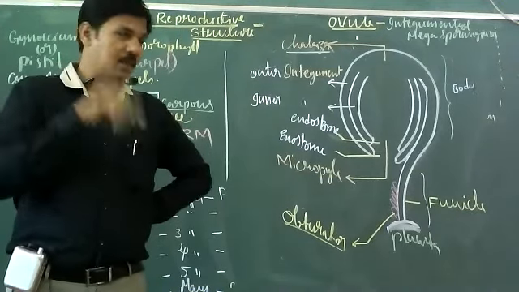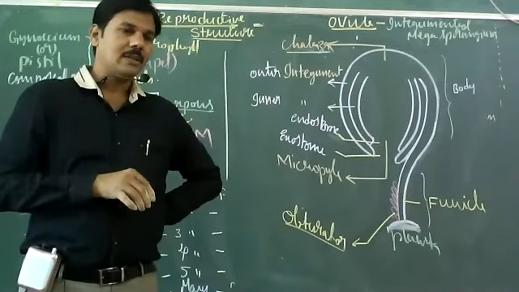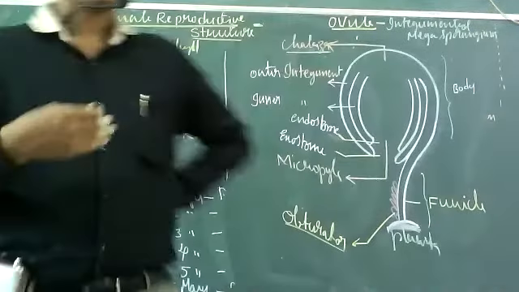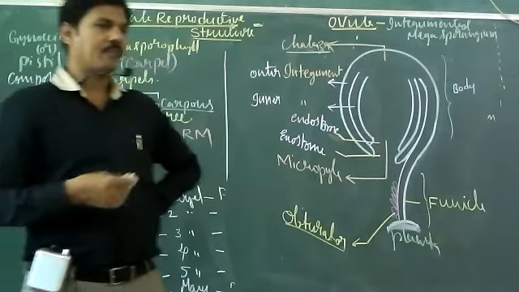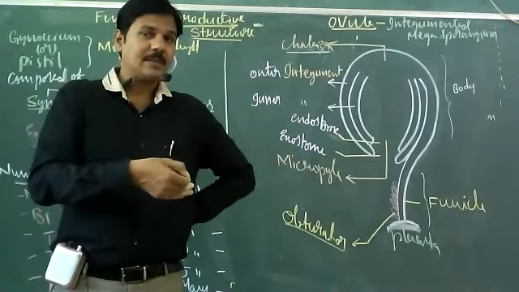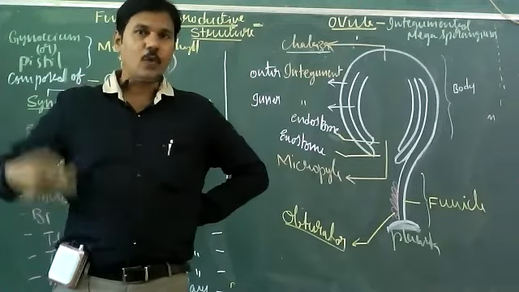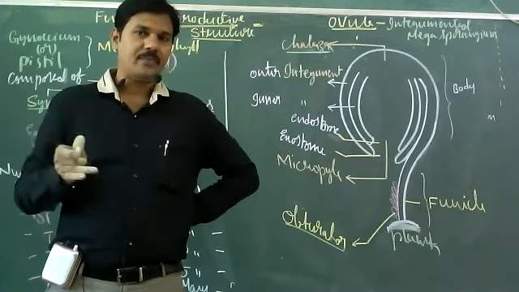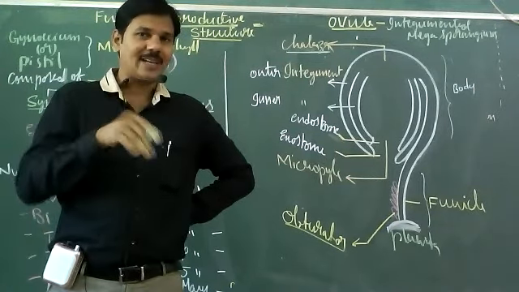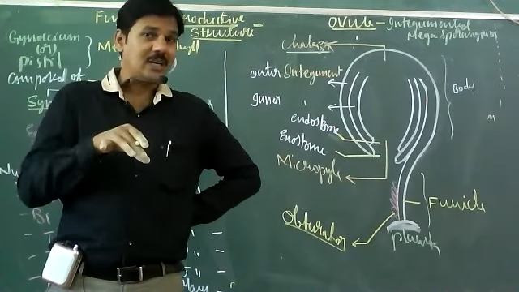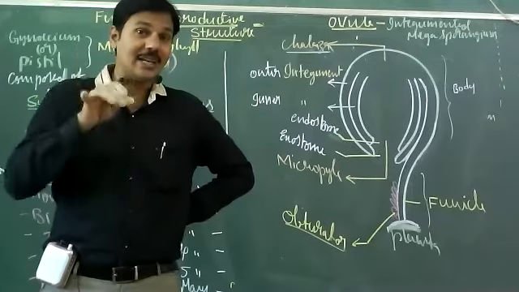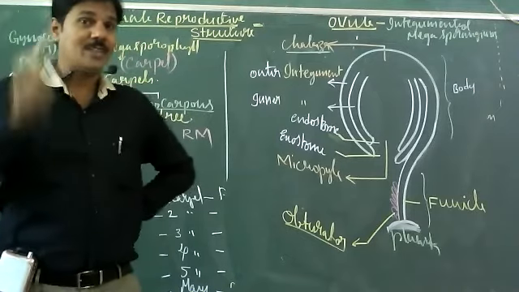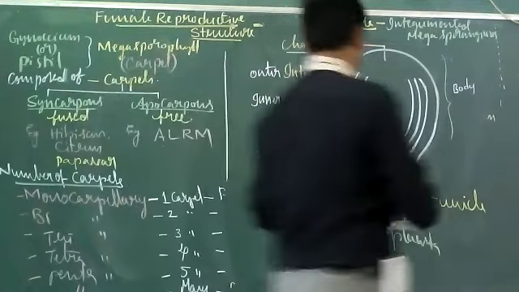So first priority, integumented megasporangium, and then immediately you should go for the next one. Next question: megasporangium is related to, and they give four options. One is nucellus, ovule, etc. According to your textbook or general condition, we consider ovule. No, here nucellus is megasporangium. Then ovule is integumented megasporangium.